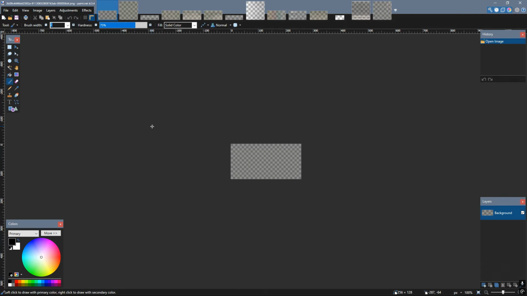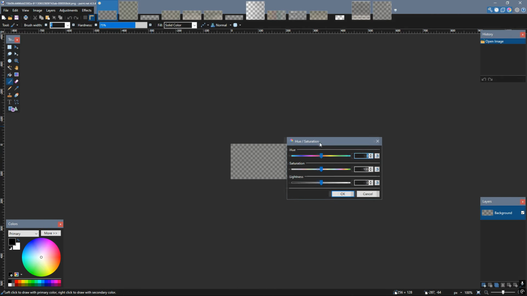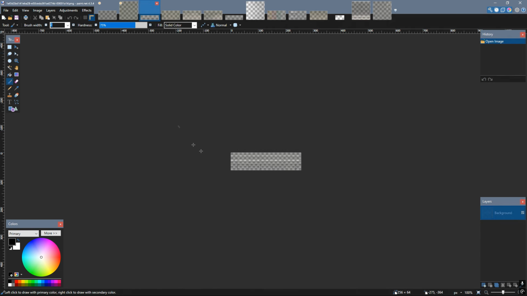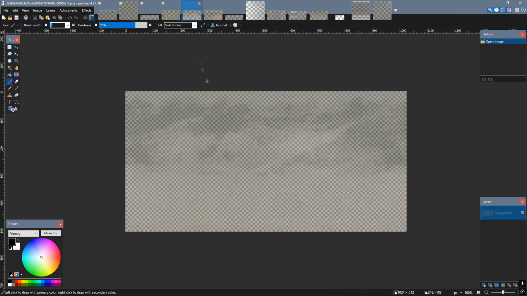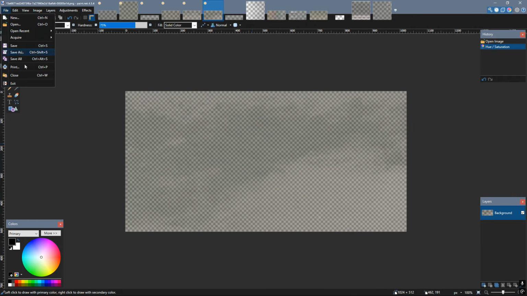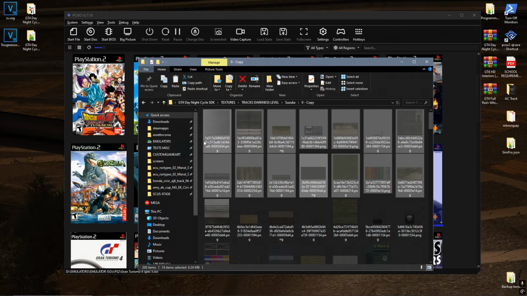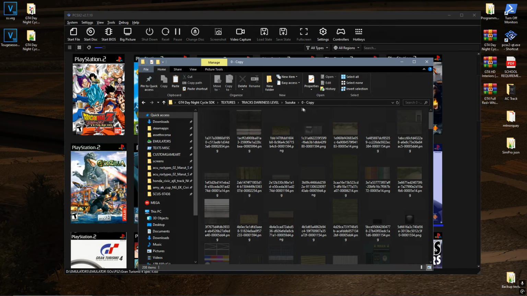And you wanna do Control-Shift-U, just to get the brightness. Set this to, let's say, -20 for example, right? To confirm, do this for every single texture. You might have to click on it again. And do that for every single texture, and then you're gonna wanna save all. Once every single texture is saved, you might have hundreds of textures, then you want to label